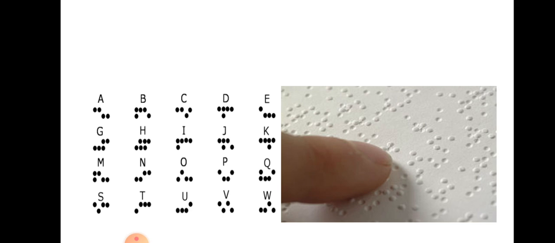And next one is the Braille sheet. You are seeing it in the picture. Some dots will be embedded. Because they cannot see, they will touch the sheet and feel the letter. If they touch the sheet, some dots will be raised slightly. So by touching them, they can identify what letter this is. Likewise they will read whole sentences itself, children.